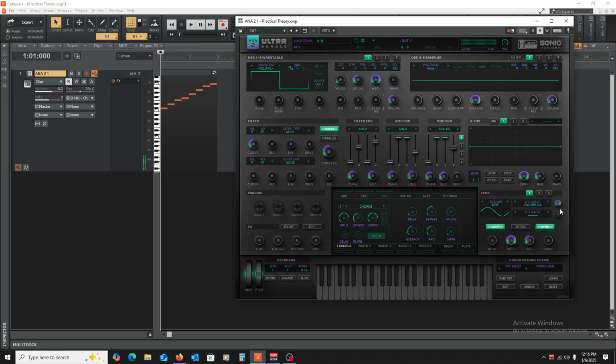All right. And we can slow that down to, say, a half note, which means for every two of these notes that are being played, it'll go through this cycle. And all it's doing is changing the volume, starting at a medium volume, getting louder, and then getting quieter, and then getting louder and quieter, and so on and so forth, right?